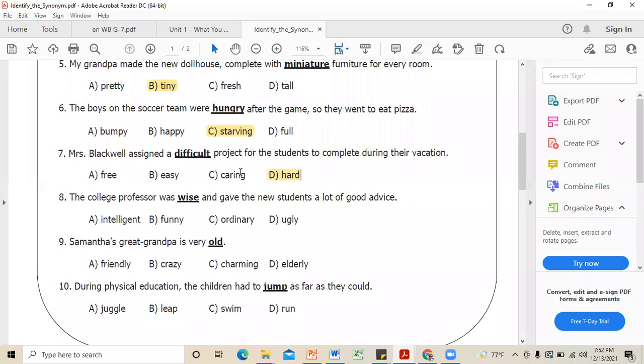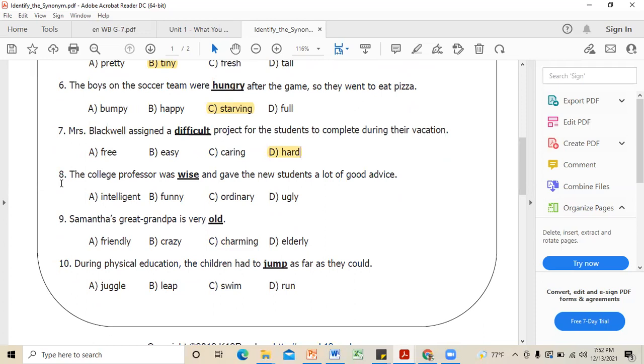So here I think this caring, I hope you know what is meant by caring. So caring means, let's say, I have my friend, and if that friend is having some issues or having some problems and I'm helping my friends, I feel that my friend is not feeling good and I'm trying to help. So that is what we mean by I'm caring about my friend, right? So this word caring also means I'm treating my friend or anyone else well, right? And the eighth one, Sulaksha, would you like to try?